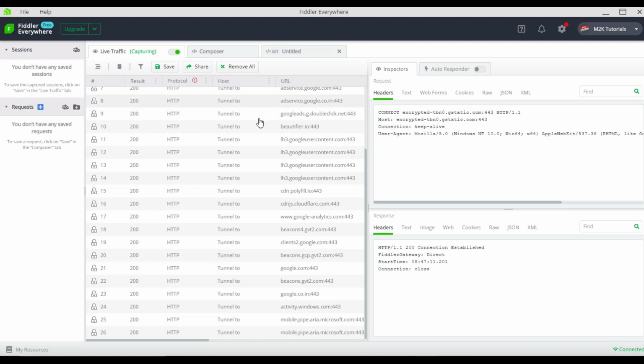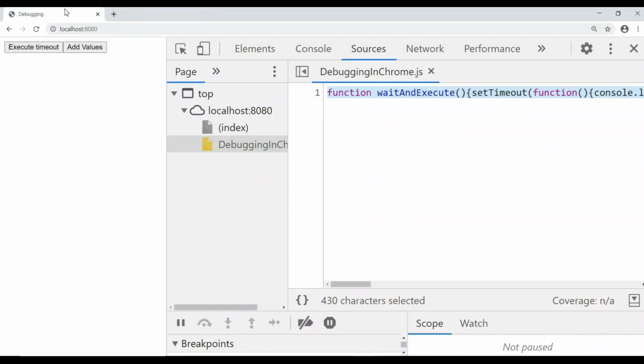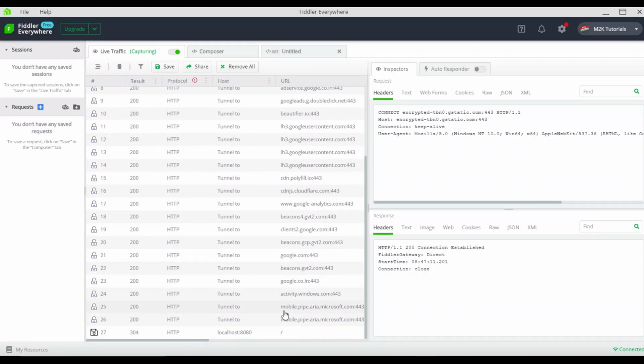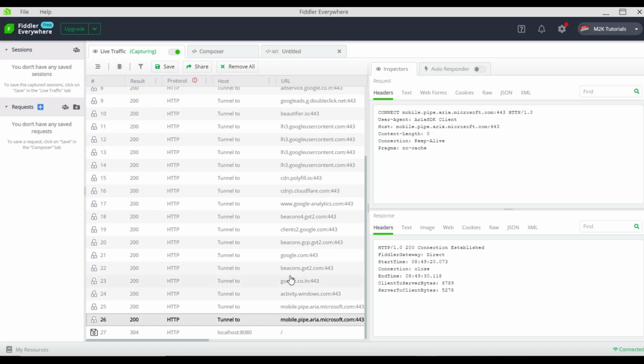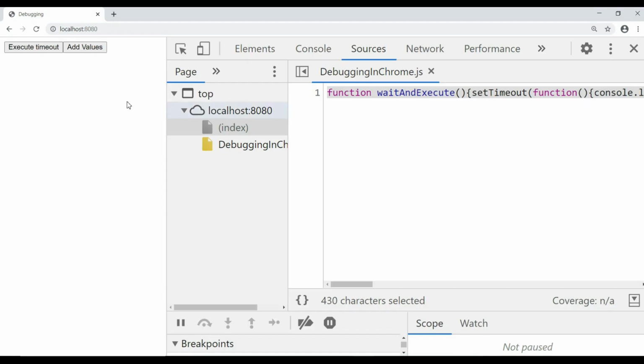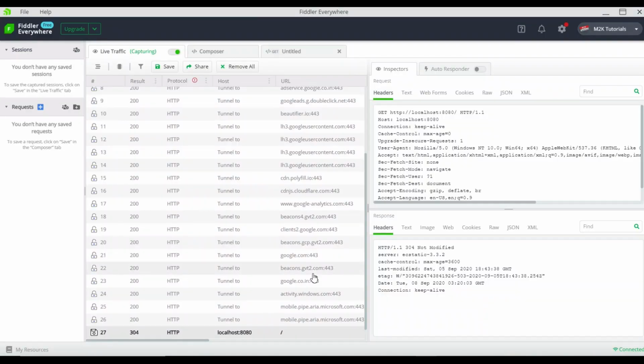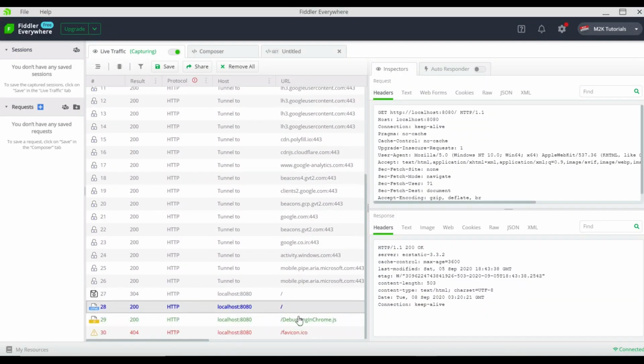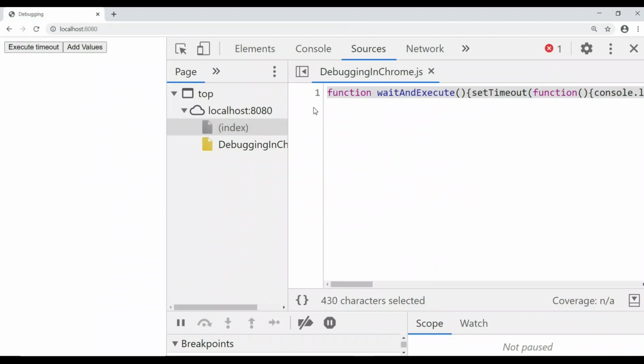So if you just refresh your application again and go in Fiddler, you most probably will find your application's address, and you will find that it's tracking that one. So if you go here, okay, and now here you can see your debugging in chrome.js, which was your production file.